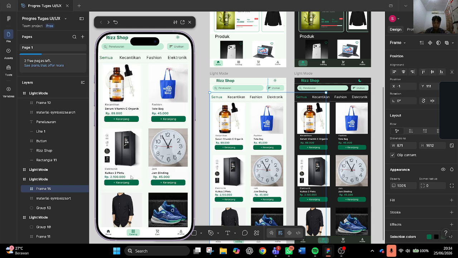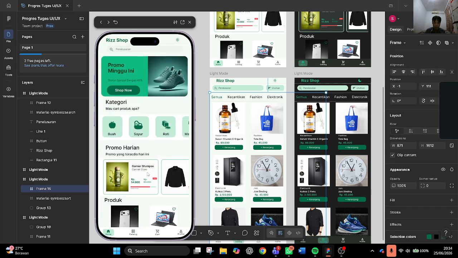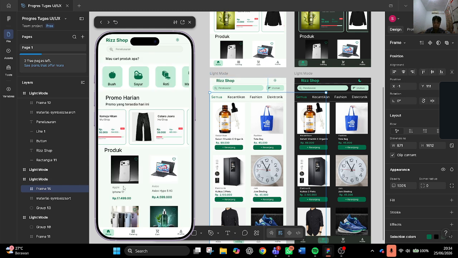Next, horizontal scrolling. On the homepage here, I'll swipe sideways on the category section. As you can see, more categories appear as I scroll. The same horizontal scrolling also applies to the daily promo section, where users can swipe to see more discounted products.